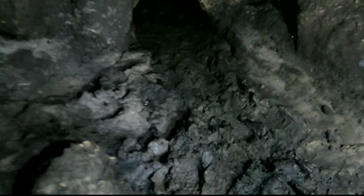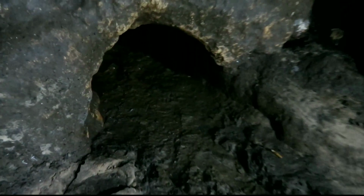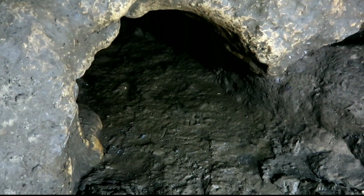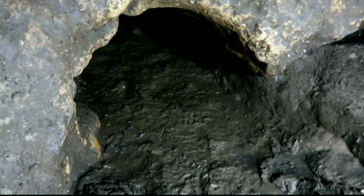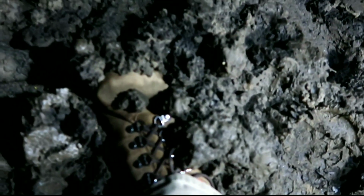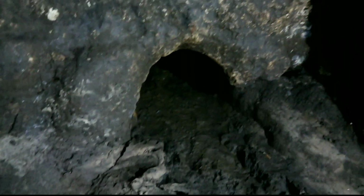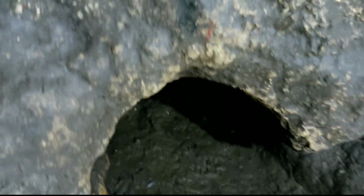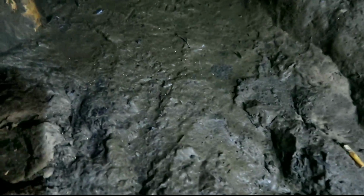If you look at the ground, that's mud. And yeah, that's all the way across the bottom. And literally this is the size of me laying down. So getting in there means laying down in the mud. So what we're gonna do is, because I love you guys, I'm going in there so you can see what, oh,